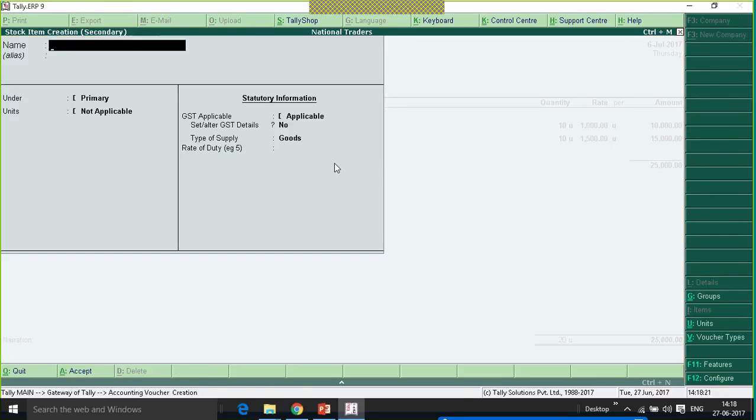Now, non-GST product. We have non-GST products like petroleum products, alcohol for human consumption, and we have power sector. Now I'll create a non-GST product, petrol.